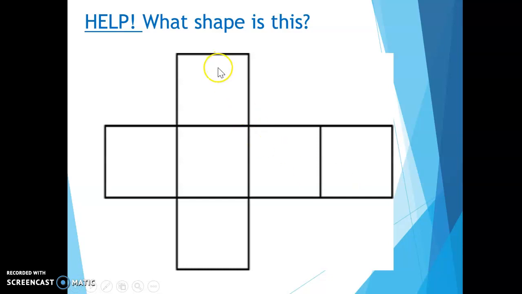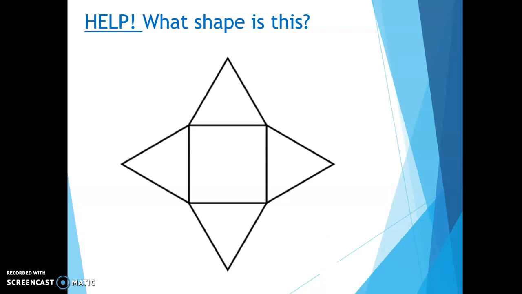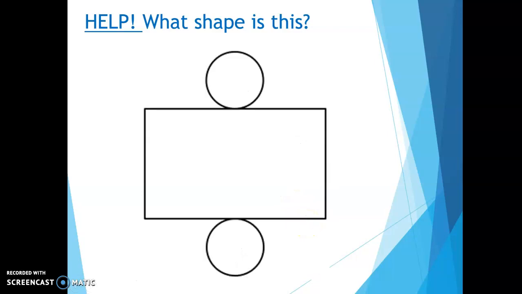For this one, notice we have a square, square, square, square, square, and square. 6 squares. Which solid shape uses 6 squares when folded to make it? If you said cube, you are correct. And this one, it's very pretty. If we were to fold it, what would it make with 4 triangles and a square? If you said pyramid, you're correct. Now, what would this shape make, this solid shape, using 2 circles and a rectangle? If you said cylinder,